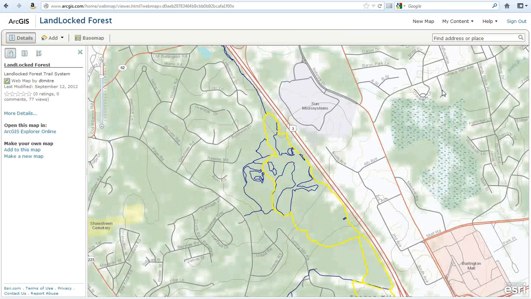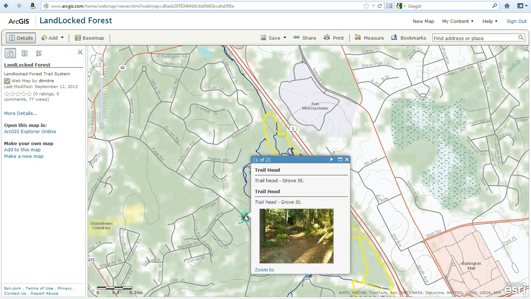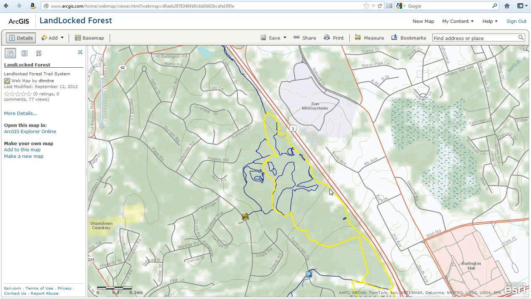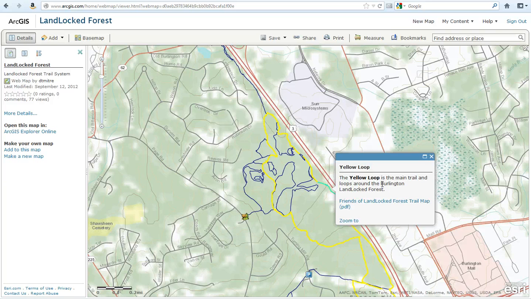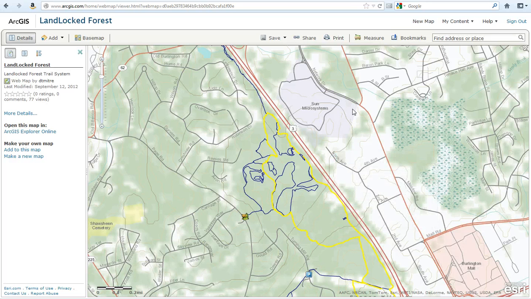Opening it here, you get to actually see the web map. You can see the basics of it. You can see that I have a couple of different trail loops. I have pop-ups that come up with little bits of information, like the yellow loop is the main trail, and so on. And I can link out to PDF files, I could include images, things of that nature. All this was actually done within